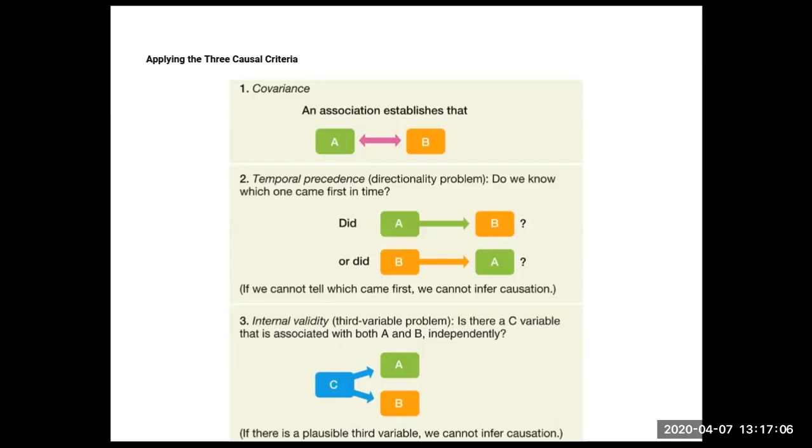What about number 2, temporal precedence? That's directionality. Did A cause B, or did B lead to A? In a correlation, it does not matter which one came first in time. If we are measuring crazy cat person, it doesn't matter if we measure the number of cats first or the amount of craziness first. So we do not have temporal precedence, and it doesn't matter. If we cannot tell which came first, we cannot infer one causing the other, but we're not trying to. So already with number 2, we fail the internal validity test.